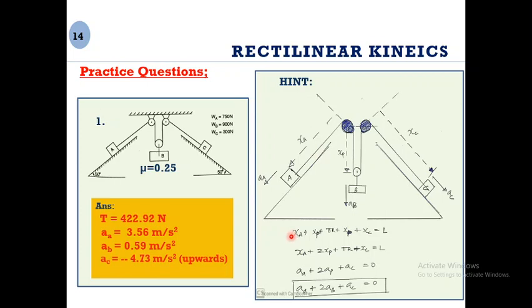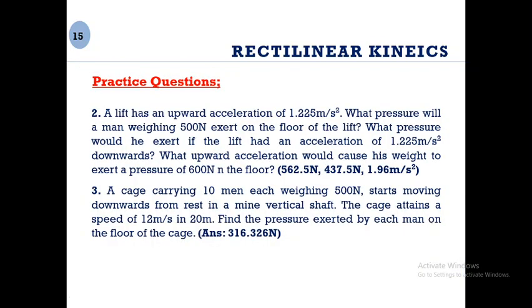And if you draw the reference lines, in the constraint equation, this distance XA is the first term, second distance is XP, third distance is pi r, and you may write or you may omit pi r, third distance is XP, and the fourth distance is XC. So all these distances will be equal to L. If you differentiate them twice, you will get this constraint relation. And there are two more problems given related to the motion of a lift. You may try all of them.